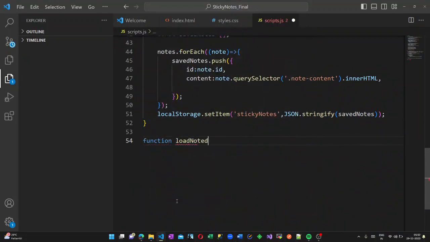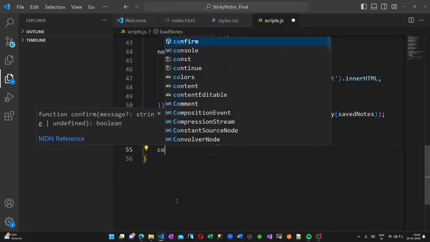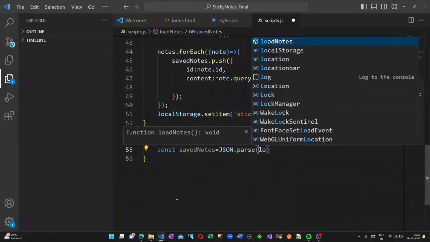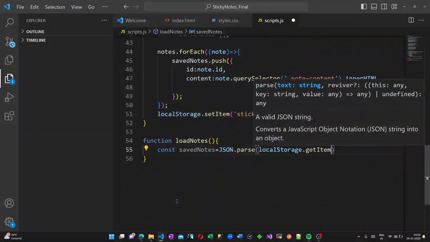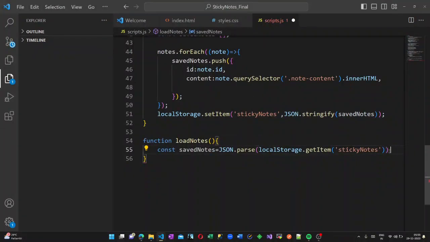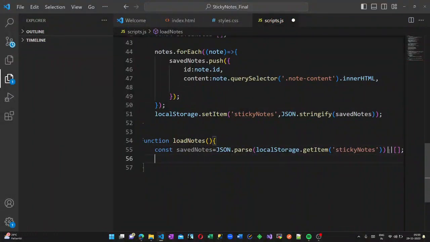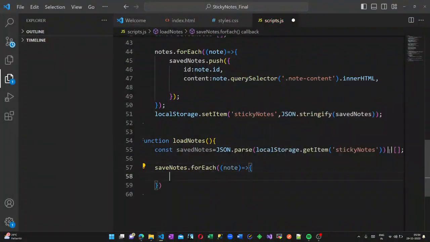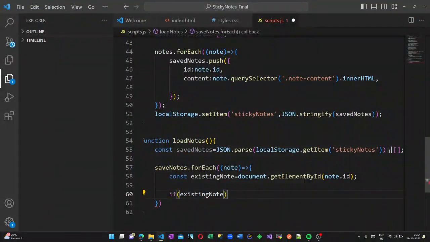Now what we are going to do is, we have to load the nodes, right? So we are going to create a function called load nodes. So first I am going to get all my saved nodes from the local storage. So I'm going to use the function localStorage.getItem of sticky notes. Now I'm going to iterate through each of my saved notes. I'm using the forEach function here and creating a constant called existing note, document.getElementById node.id. So the current node will be in my loop, and if it is existing,